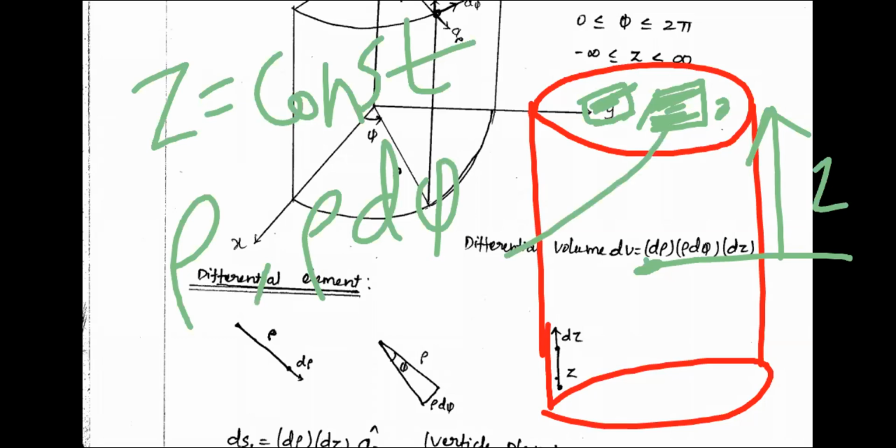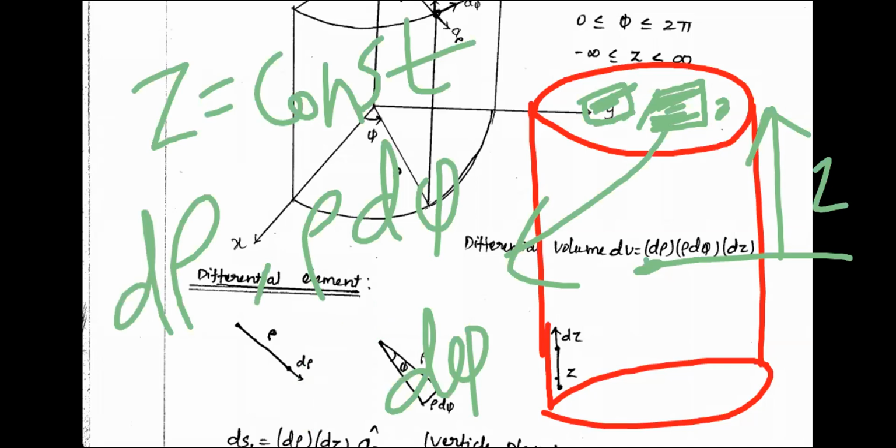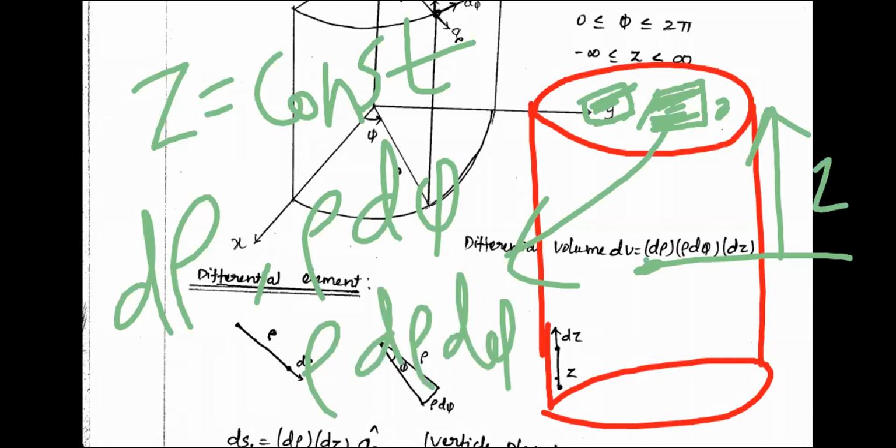Then what is the surface? Rho squared d phi? Sorry, not that, the change is d rho. Please wait a bit. The change in rho is d rho. The change in phi is rho d phi. Then what is the final answer? Rho d rho d phi. Okay, this is the upper surface. Then what is the unit vector for the upper surface? Yes, z cap. The unit vector is z cap.